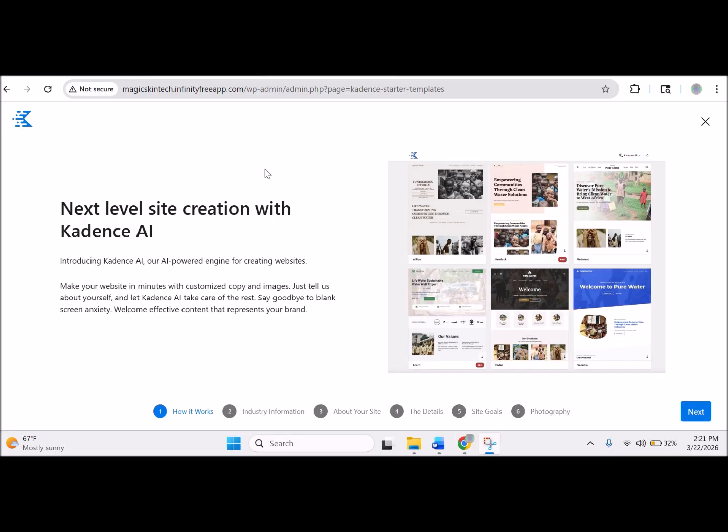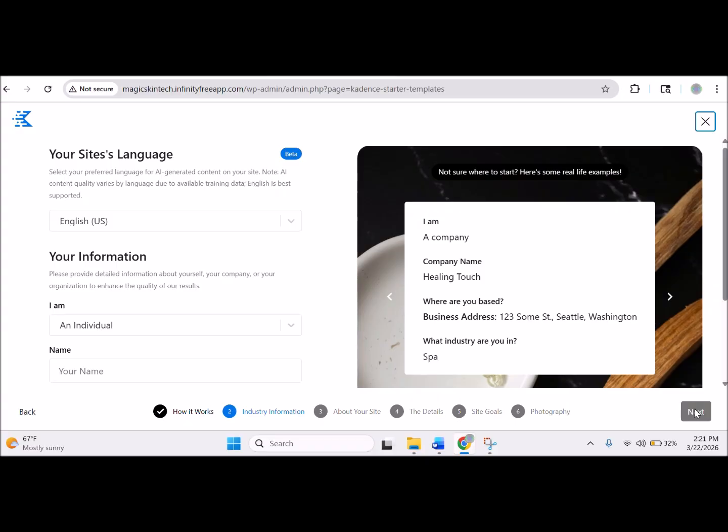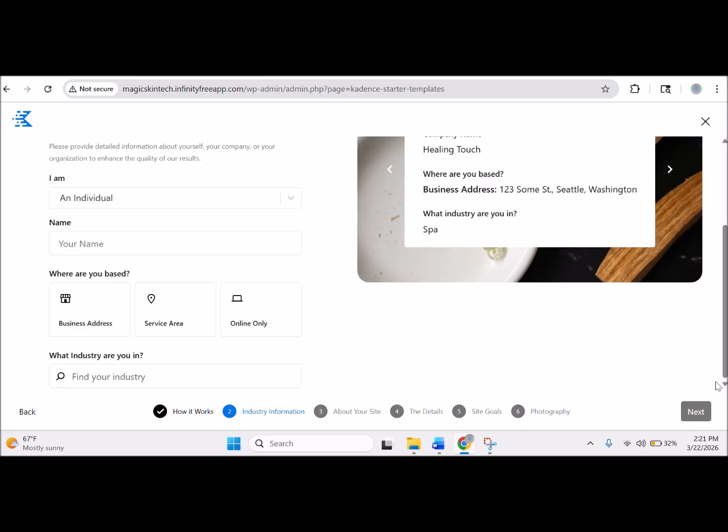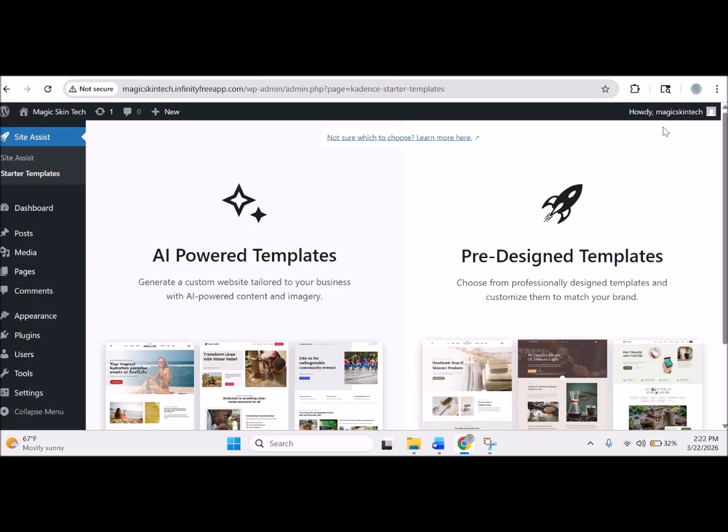Now once everything eventually loads, you are going to be on this part of the site where it gives you these steps at the bottom. You can either click next and go through all of them, but if you do this, you're going to have to go ahead and fill this all out. It won't let you pass to the next stage until you fill it all out. You can see what you would need. You can't even click on these other ones at the bottom to bypass it. You have to do it in their order. So I exit out and